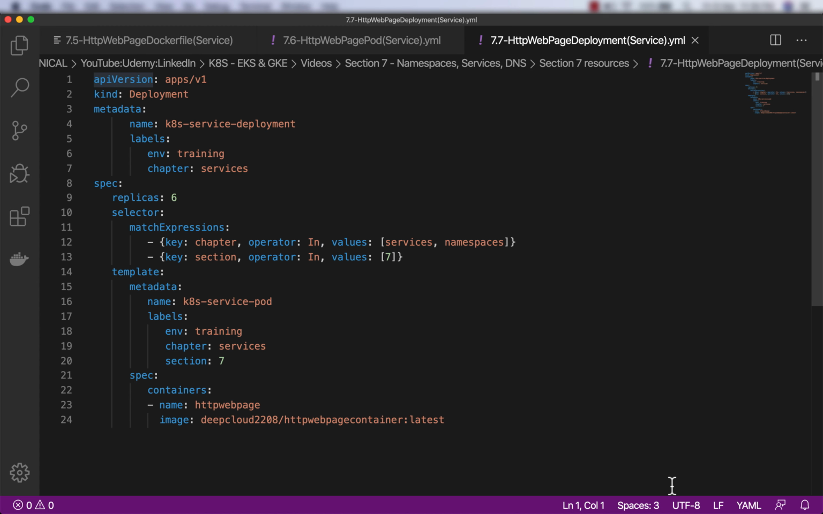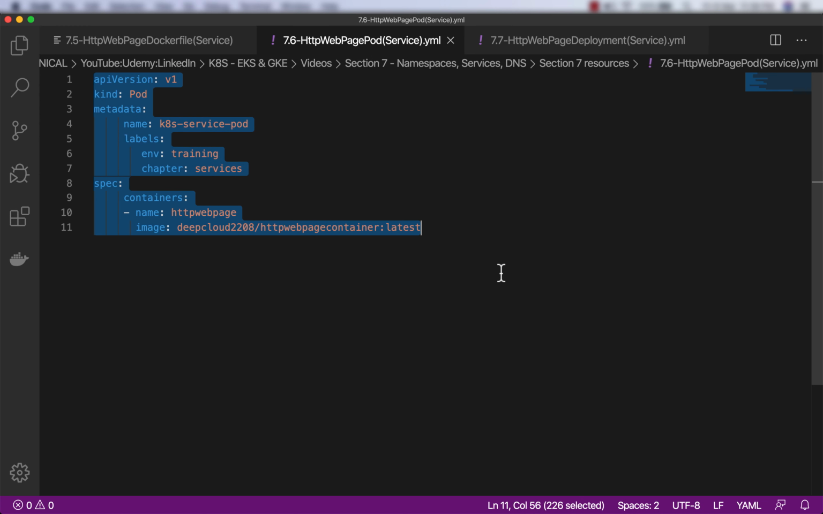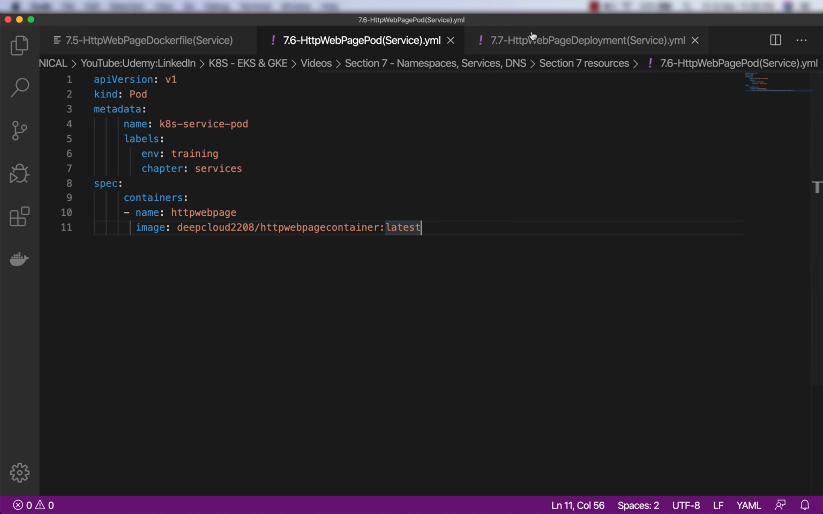The first thing that I want to create is an HTTP web page deployment and service. So let me tell you what I'm doing here. I'm using this Docker file to create a very basic HTTP web page which is already there in my Docker Hub. And if you want to create a pod, this is the pod manifest file, but we are using this